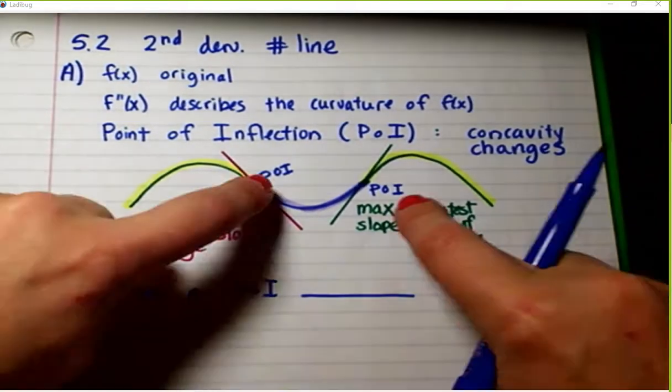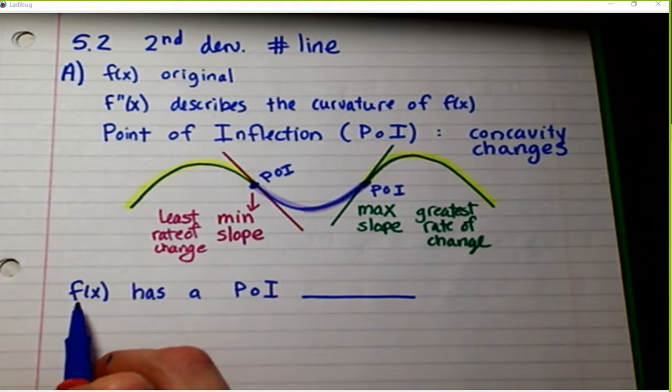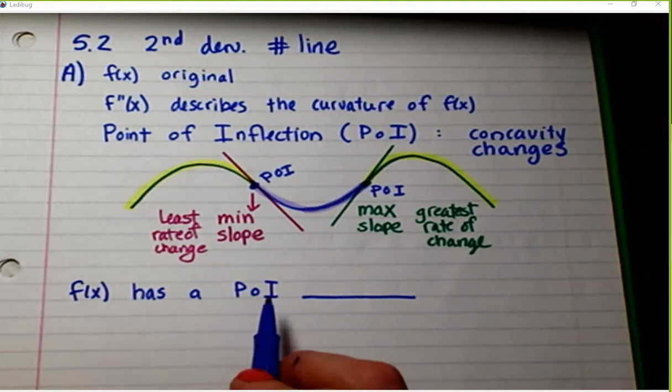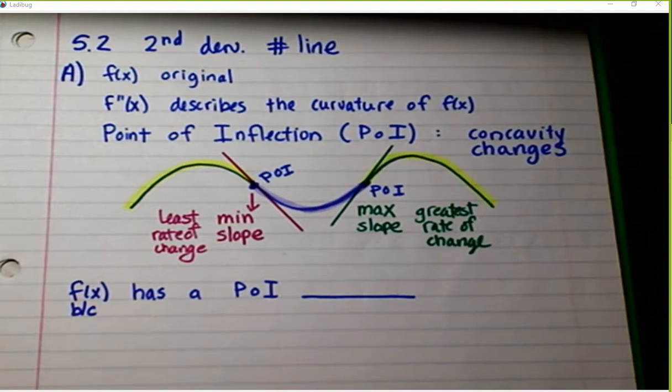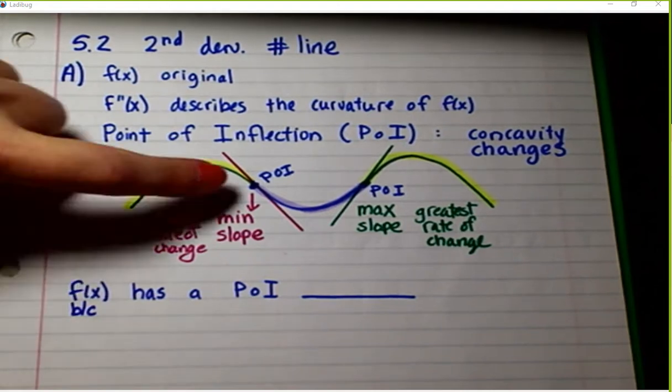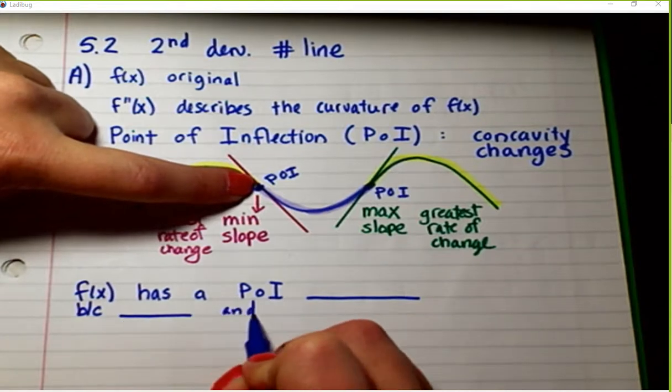Okay, so I'm looking at the POIs, and I have to use calculus to answer it. F of x has a POI because, okay, because what? And,